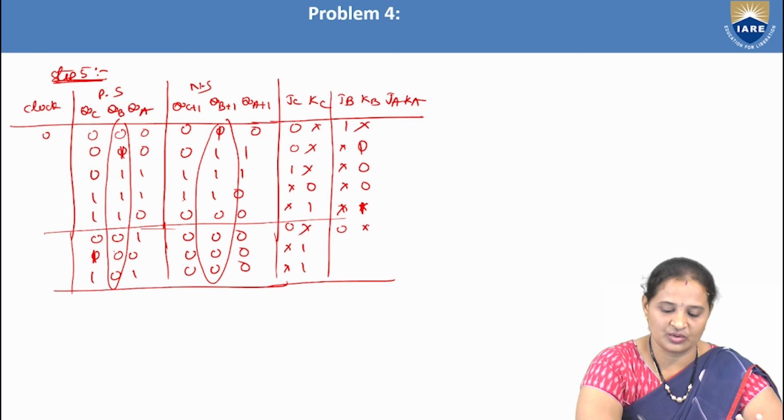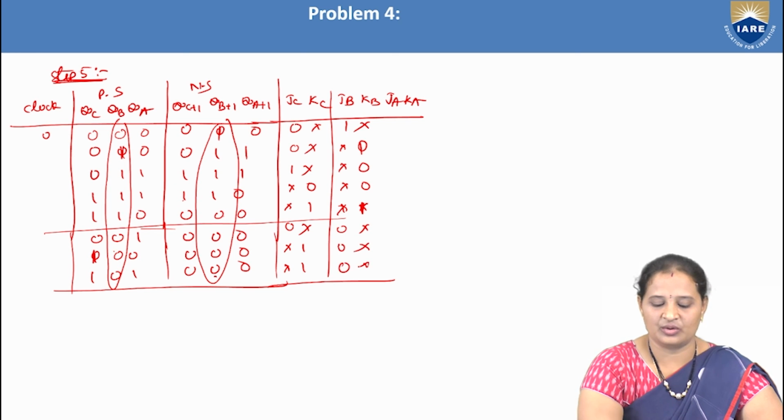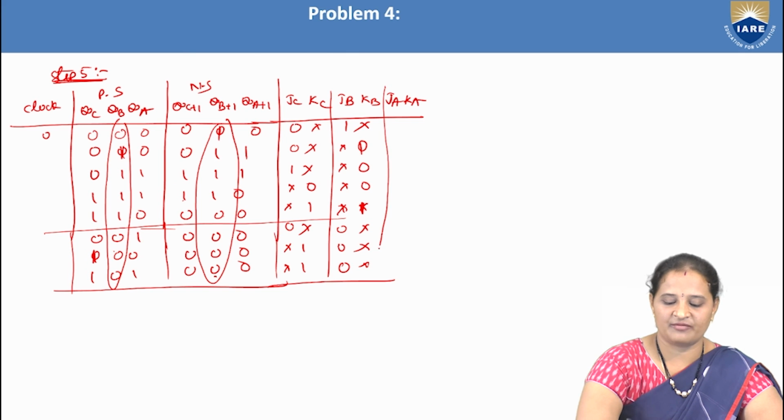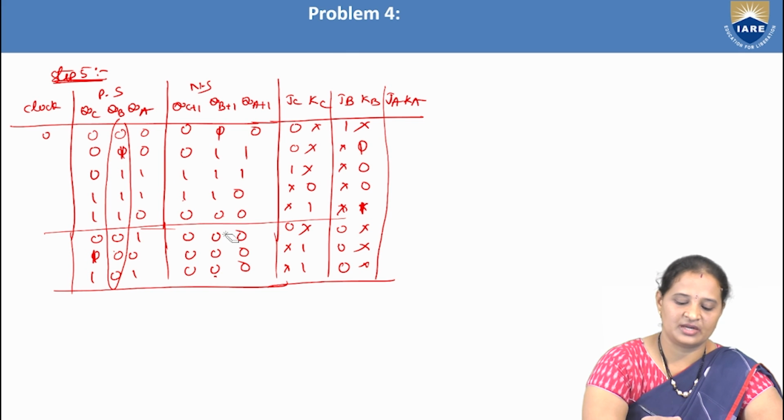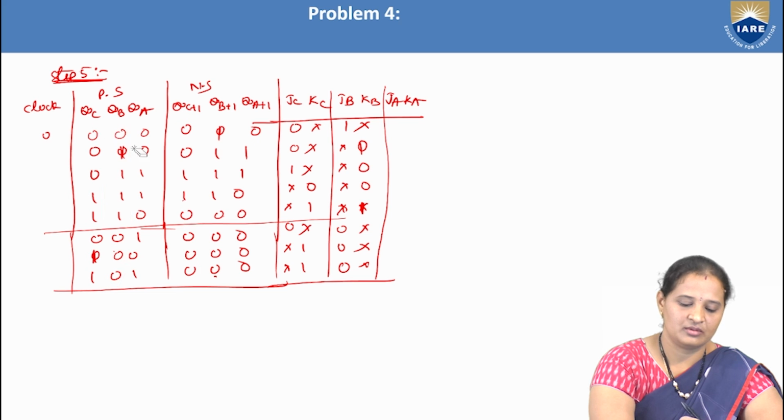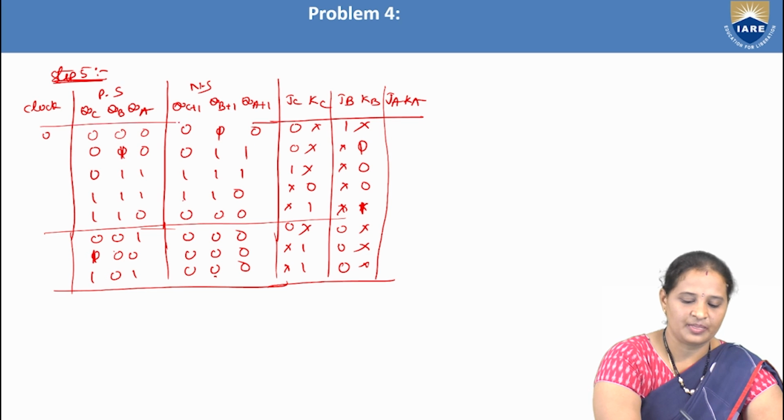0, 0: 0 don't care. 0, 0: 0 don't care. So this is how we have to write down the equation here. Now let us consider the next thing,